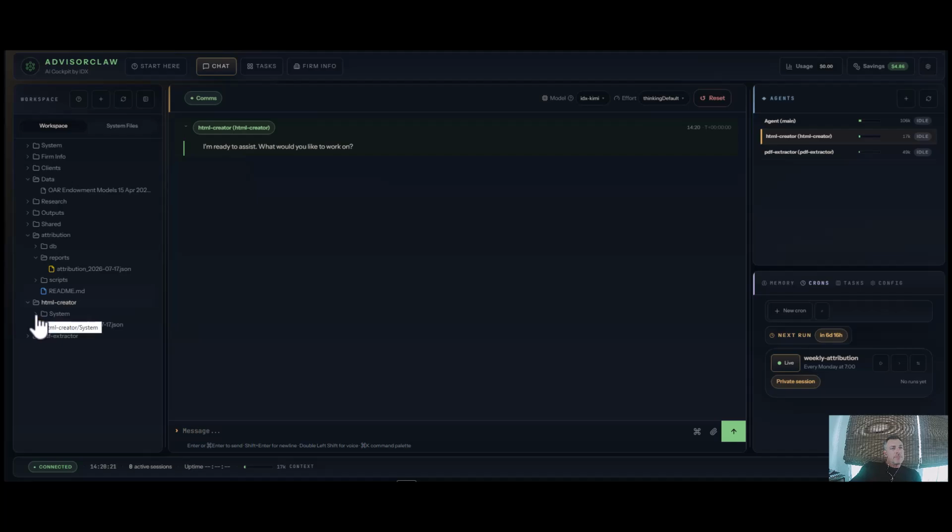By the way, the system folders that you see with the agents after you spawn them contain all the identity files for the agents. You never have to touch these, but you can. So you can go in here and update any or all of these. Really, the highest value one is the soul file. These all inherit our baseline soul file, which is oriented around being an analyst. But for example, if you were doing PDF extraction at scale, you may want to tweak that. So for now,